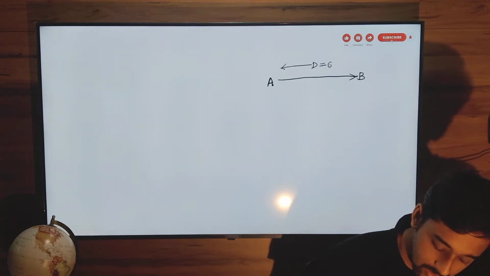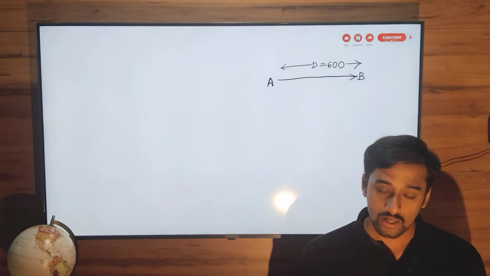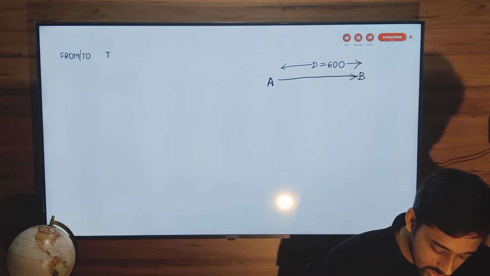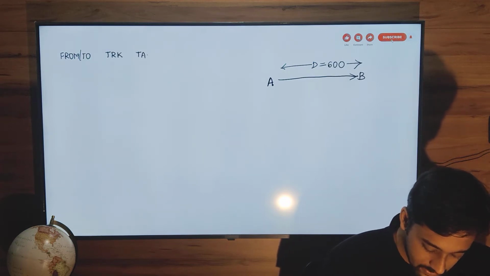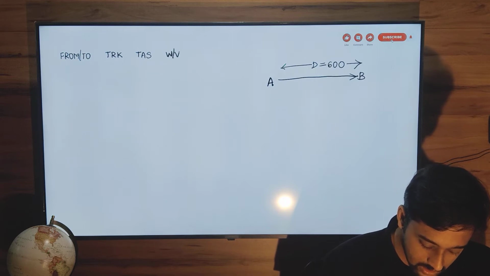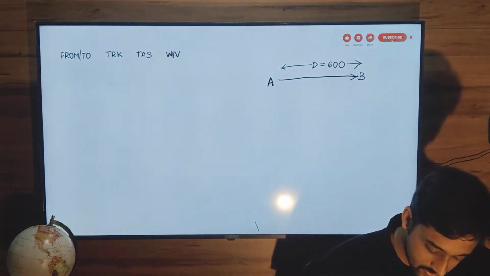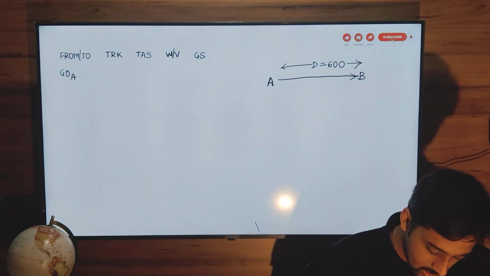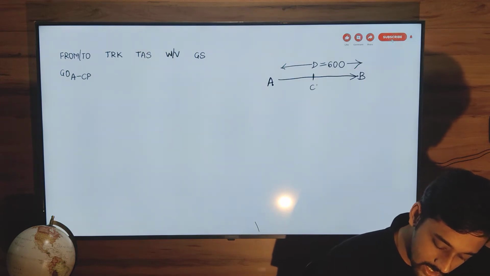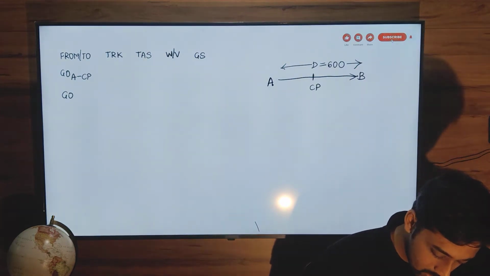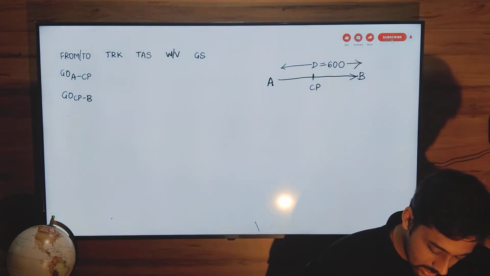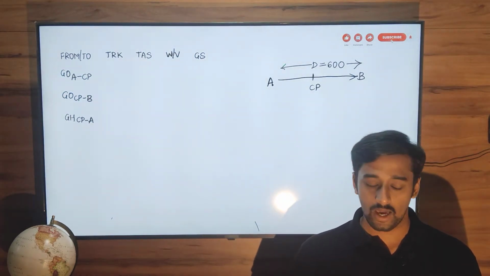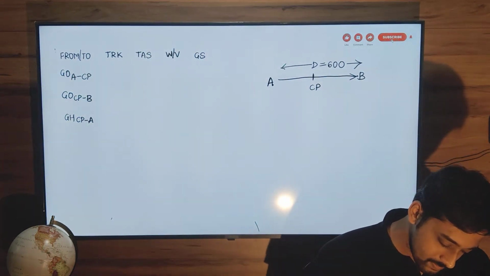600 nautical miles. Okay, let's draw the table: from, to, back, dash, wind velocity, and ground speed. Ground speed outbound from A to CP. So let's say our CP is here. Ground speed outbound from CP to B and ground speed homebound from CP to A. So like always, we have done this. So now